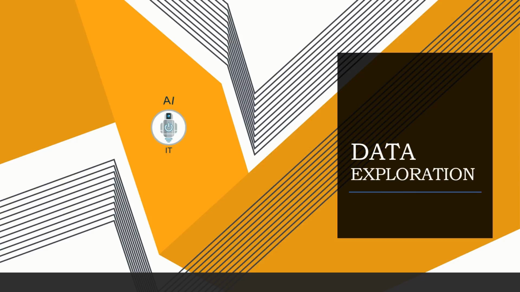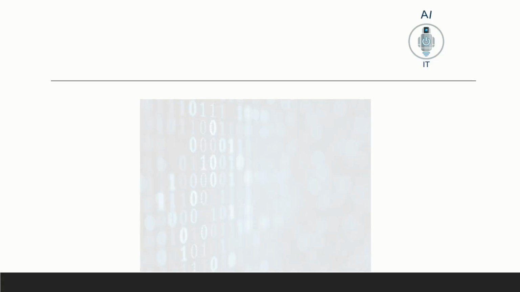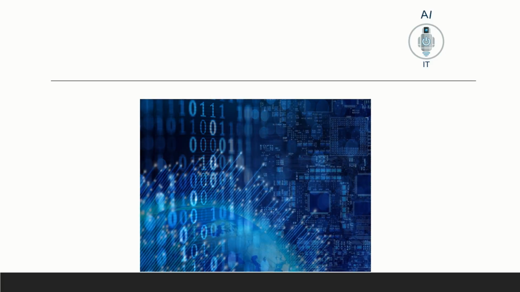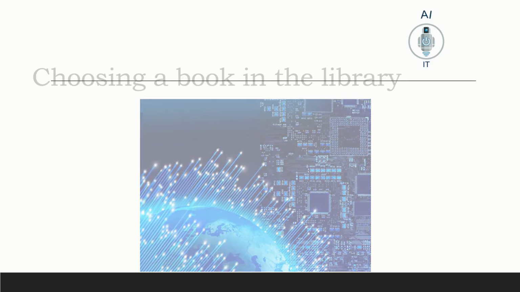In this session, let us understand the third stage of AI project cycle, data exploration. In the previous sessions, we learned how to set the goal of your project and also found ways to acquire data. While acquiring data, we must have noticed that the data is a complex entity that is full of numbers, and if anyone wants to make sense out of it, they have to work out some patterns from it.